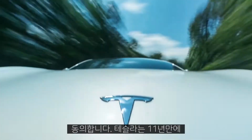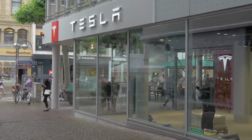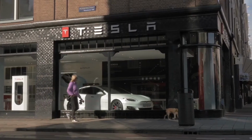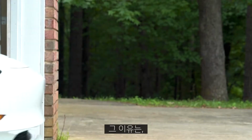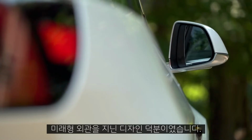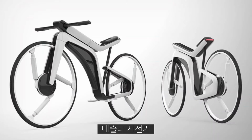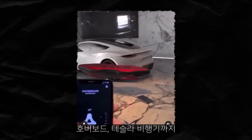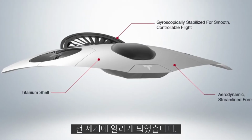In just 11 years, Tesla managed to become the top electric car selling company in the world, eclipsing many well-established and trusted car and tech companies. On top of that, the car's futuristic appearances have ushered in a new era of automotive design that many brands have tried to replicate. Tesla bikes, Tesla hoverboards, and even Tesla planes have been concepts put forth by designers around